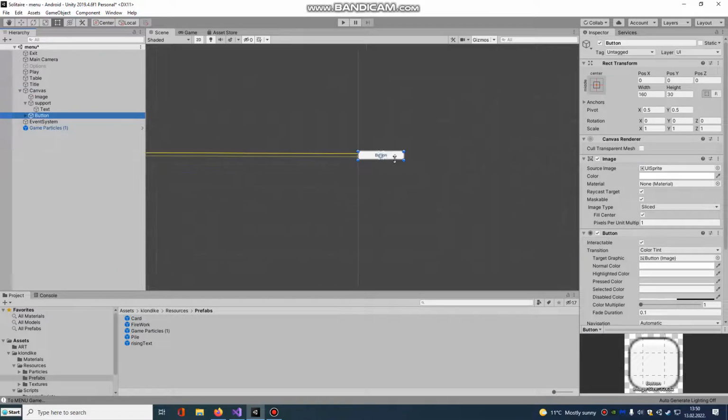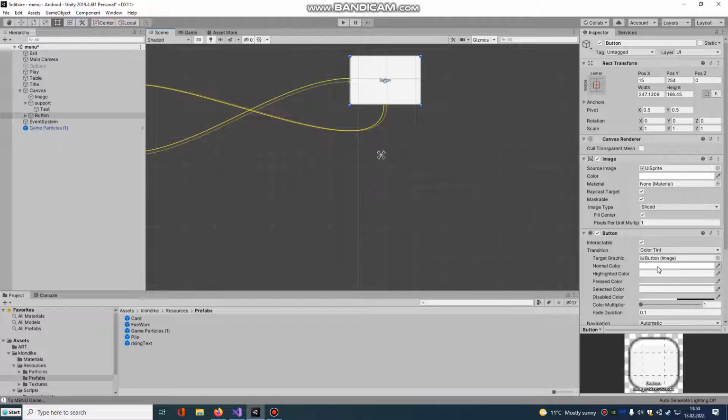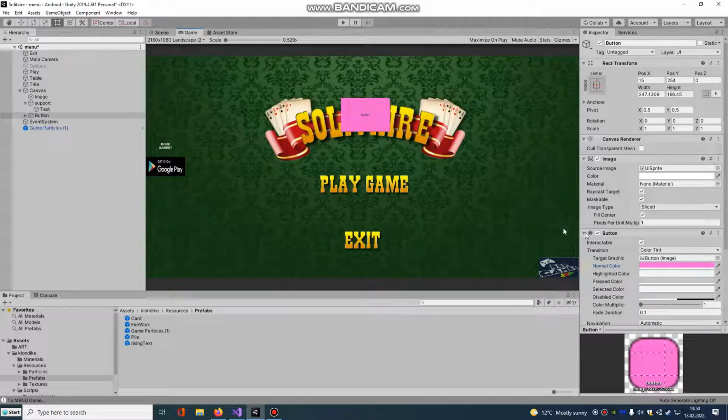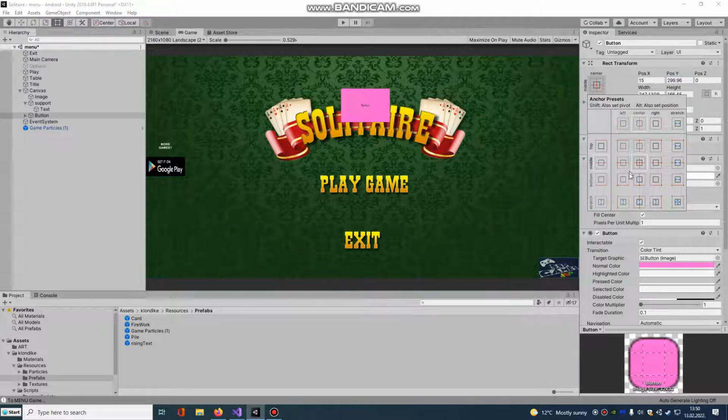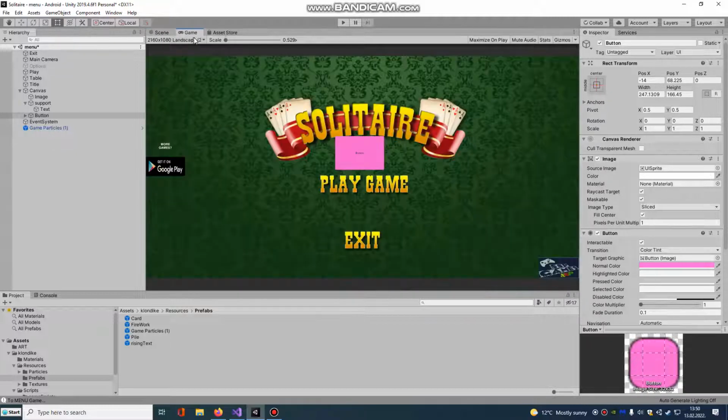Okay. We choose our color of button, green, blue, I don't know. Okay, so this is our button. We can put it down, up. Let's put it in the center for now. Okay, that's our button, and we're going to add some script